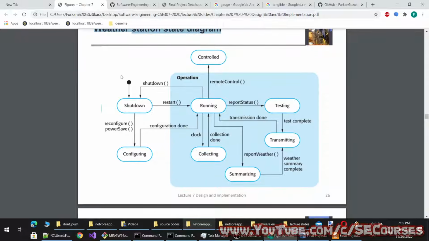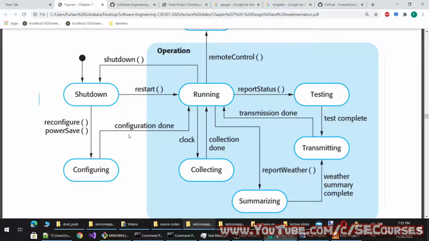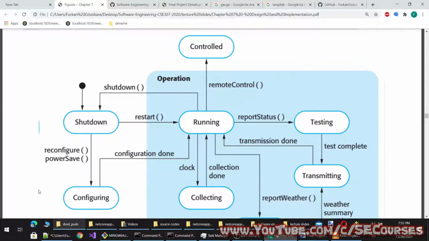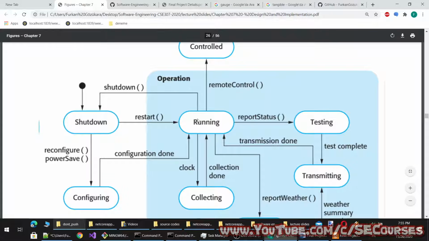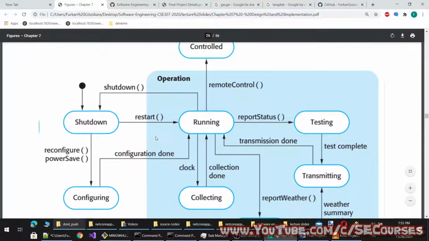Weather station state diagram. Okay, so which states can there be in a weather station? It can be shut down, it can be configuring, it can be controlled, it can be running, it can be collecting, it can be testing, it can be transmitting, and it can be summarizing. Okay, so if the state is shut down, what commands can you use? We can use the reconfigure command if the state is shut down. We can use the power save command,